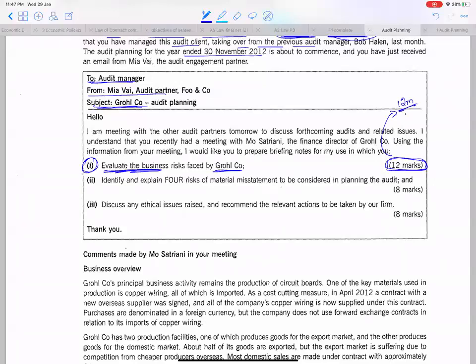Now I have 12 marks and each risk gives me 1.5 marks. So this will give me 10 risks. I have to write 10 risks. So 10 into 1.5 will be 15 marks. So what about the last 0.5 marks? That last 0.5 marks will be gained through calculation of a trend. Okay? Now, let's move forward.